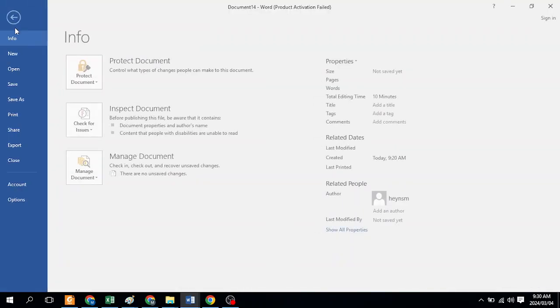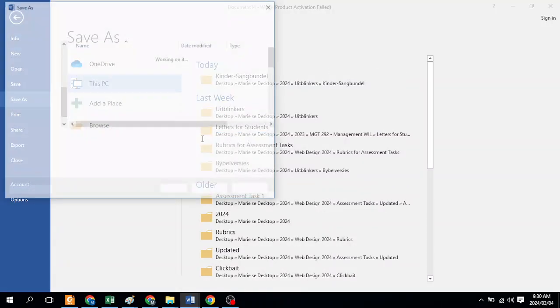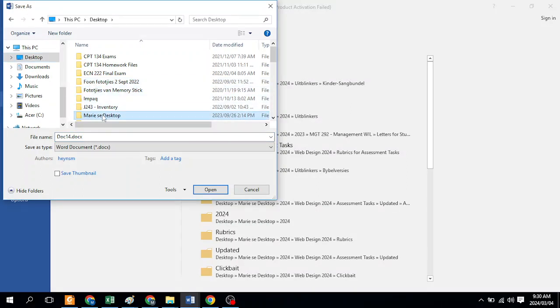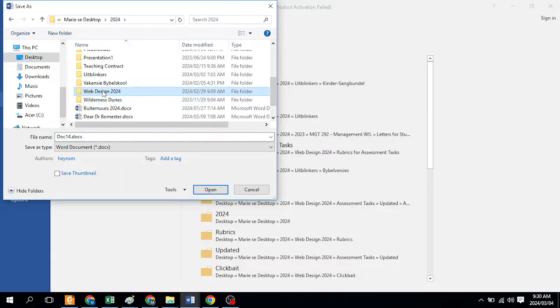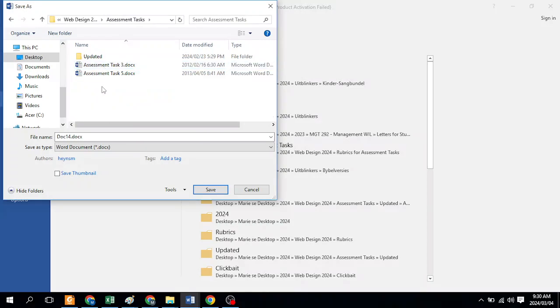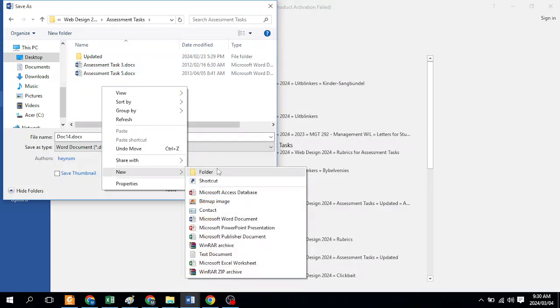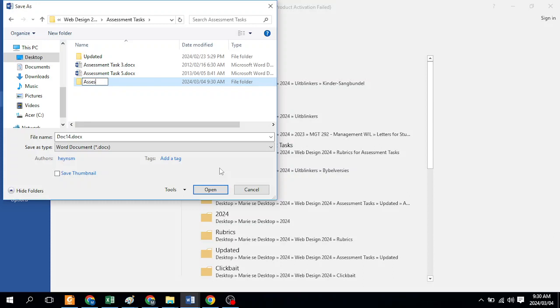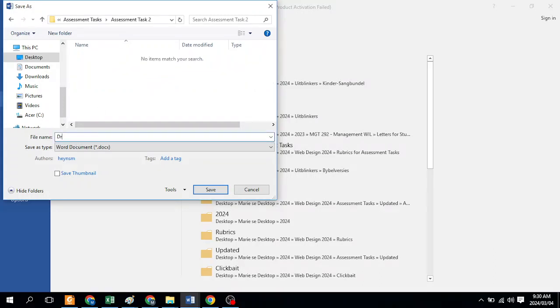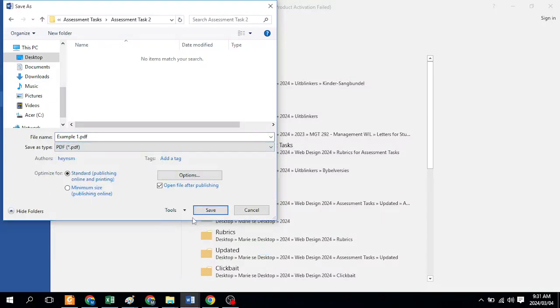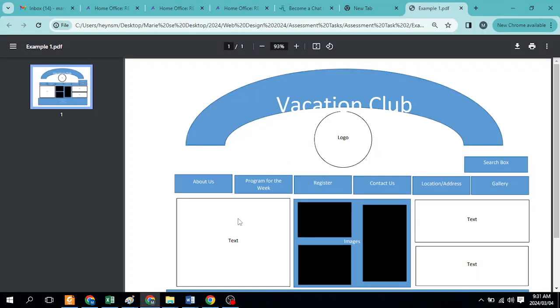So I'm just going to quickly save this, save as, so that I can put it on the Google Classroom for you guys. Assessment tasks. So I'm just going to make a new one here. Example. Okay, I'm sure you guys don't really have any questions for me yet, so let me